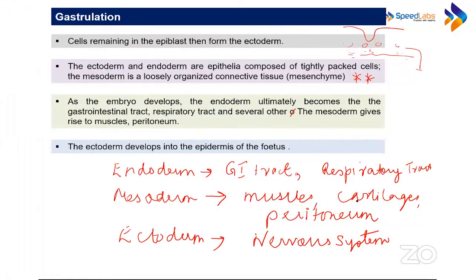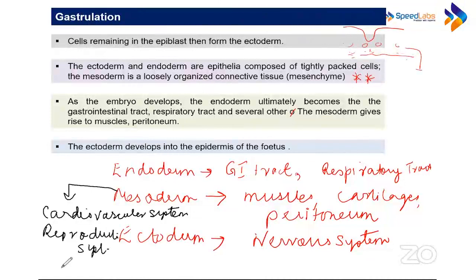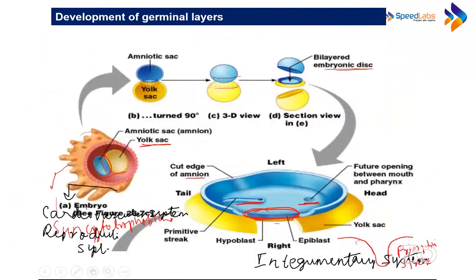समझ रहे हो? So mesoderm forms the muscular system, cardiovascular system, reproductive system. ये सारे systems बनाता है, और भी सारे systems बनाता है. So major systems are formed by it. Ectoderm forms the integumentary system also, the skin and all, as I told you. Right? There are certain organs that develop from, एक ही part different organs, different germ layers से बन रहा है, as I told you.